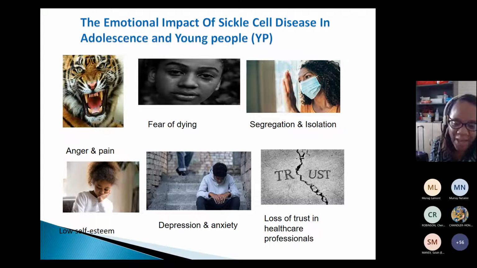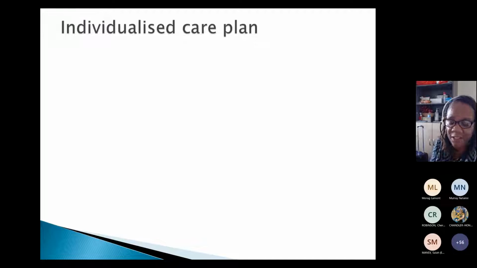Again, in pain, they may feel angry about going through that pain, being identified as a person that may be drug seeking, and that's sadly going to make them feel angry, and not getting sufficient pain relief. Again, the young person can feel low self-esteem, going to school, individuals not understanding what sickle cell is. Again, depression and